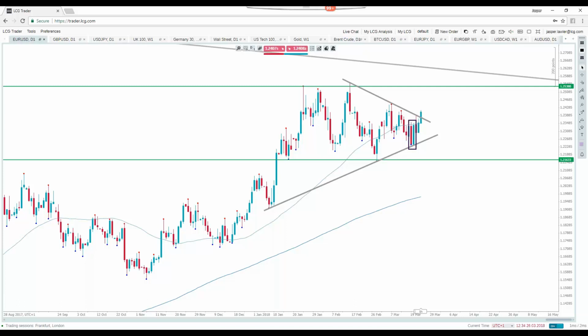So here you can see in the euro dollar that we're getting a bit of a breakout from this triangle pattern. Now, this was quite a substantial pattern that I've highlighted here, where you can see that we had that bearish engulfing, well, if I move that out of the way, you can see it was a bearish engulfing pattern, took out these lows here, but found support on this rising trend line the next day and rallied right up and closed above. So it was a bullish engulfing pattern, and two large range bars. So big bearish sentiment, immediately switched gears to bullish sentiment.